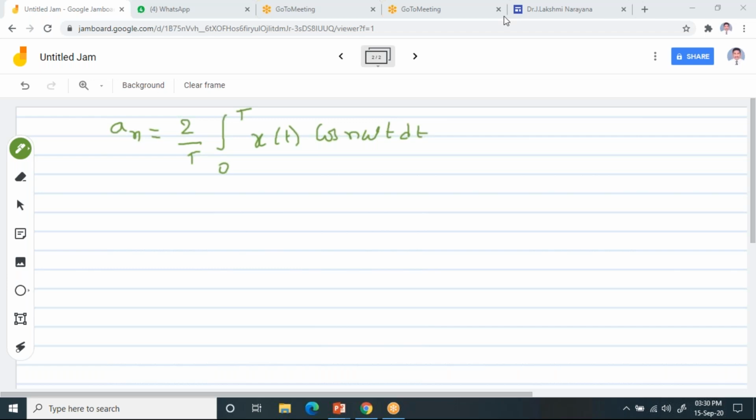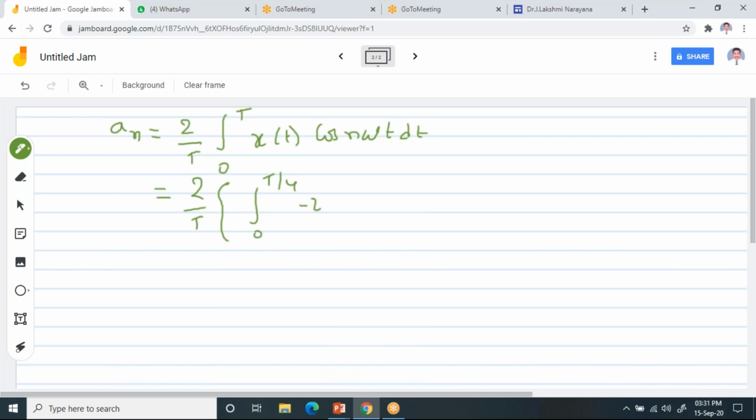Now if you observe AN, we can write AN equals 2 by T integral 0 to T x of t cos n omega t dt. Now in the place of x of t, I have to write v of t, since my function is with respect to the y variable, it is v of t. So I can write 2 by T integral 0 to T by 4, in the place of x of t, I write v of t, which is minus V cos n omega t dt plus